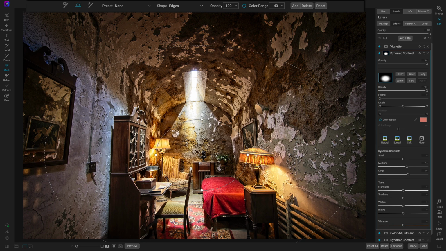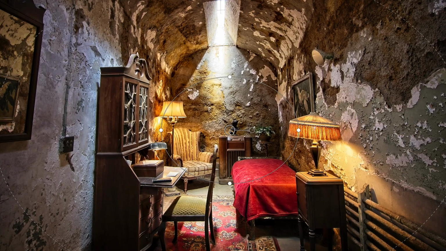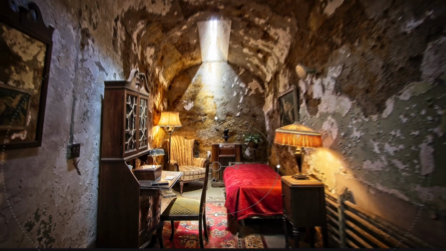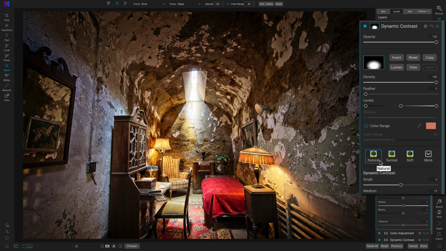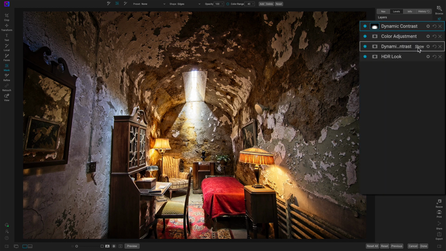I can just push this around. The shape is edges. I'm masking the look of the filter, I should say. I'm masking the filter away from the edges. And so I have this very tight area where I want this little scene here, this desk and chair and all this kind of stuff, to have the most texture boost and then fade it out. And I happen just to be using another natural setting. We could play a little bit with surreal